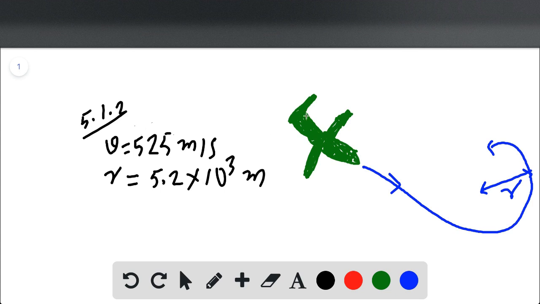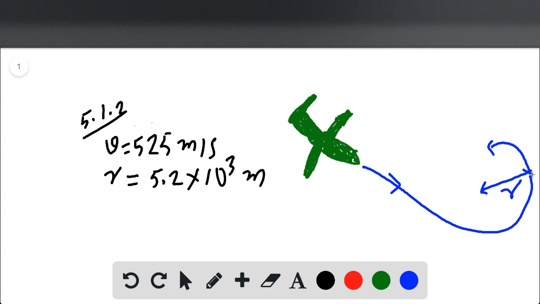And so the jet plane is moving at, not velocity, a speed of 525 meters per second. When it pulls out of the dive, it moves in a circle. The velocity is always changing, but the speed is not, because the direction is always changing. The magnitude of the velocity is always the same, which is 525 meters per second, but the direction